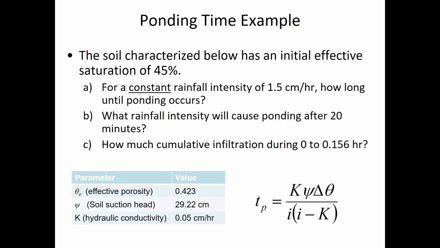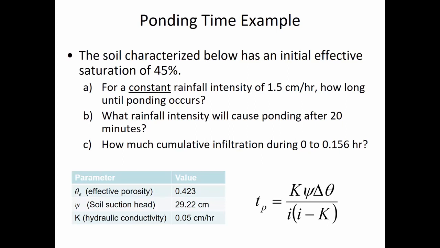Now, naturally, the time of ponding of 20 minutes is going to require which intensity? So we have this known 0.333 hours down in the denominator. So this means that I squared minus I times K is 1.0207. That's the result of all of this. And so now we have an equation that we need to solve the roots for. It's going to be I squared minus 0.05I, because K is known, it's the hydraulic conductivity, minus